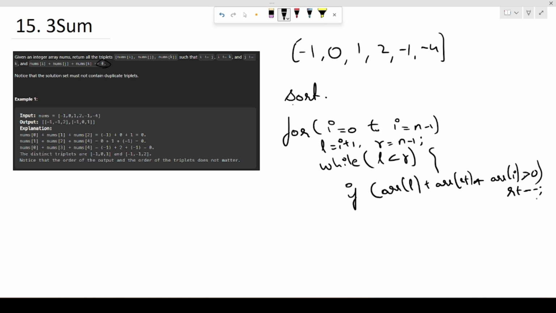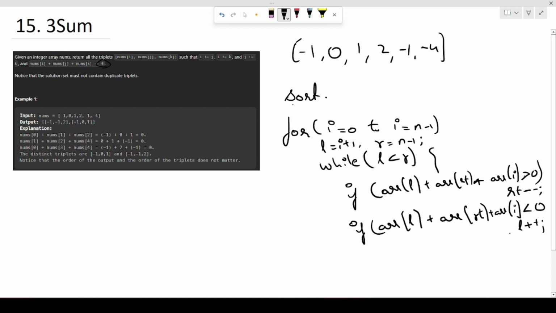Now, if you want to know why we are doing it like this, check the other video of the 2 sum problem and you will have more clarity. The other condition would be if this is less than 0, we will be incrementing our left pointer. Else, if this is equal to 0, what we will be doing? Appending our answer,